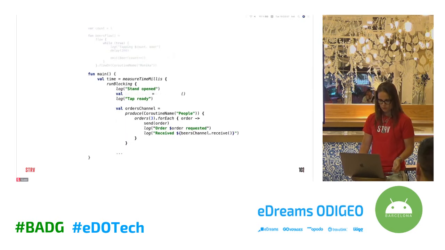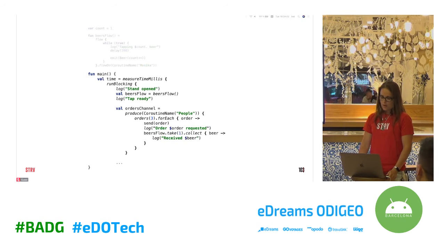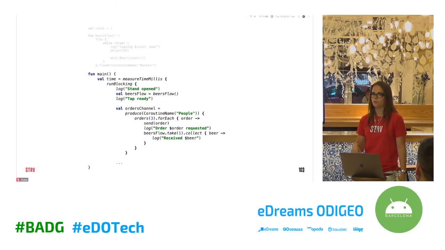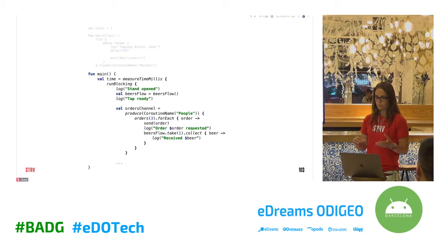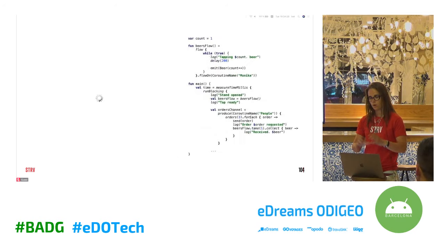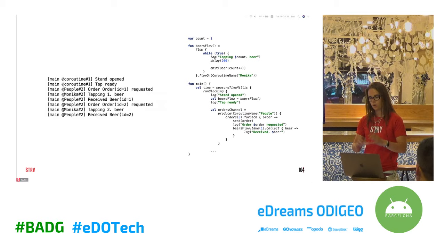In the main function, we replace beersChannel by beersFlow. We call the take operator on this beersFlow because we want to receive just one beer for each customer, and we call the collect terminal operator to collect all the values from the flow, and by this we also activate the flow's code. So now all the code inside of the flow is executed. And let's run it. And as you can see, with flow,